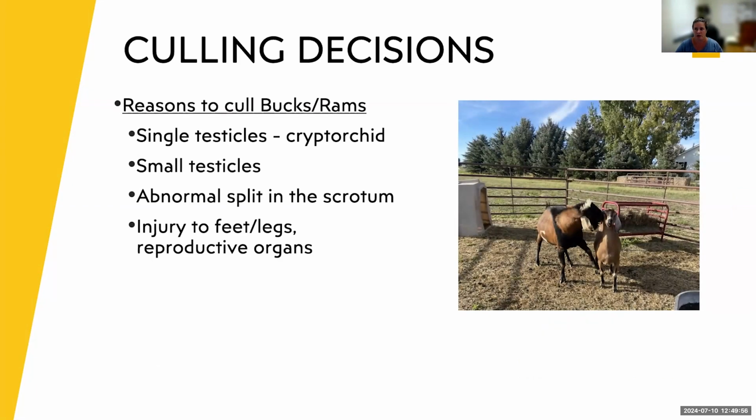So thinking of our males, which I've not focused too much on, because when you get to the point where you've already selected for what you want out of your sires, now you're just deciding, okay, when am I going to get rid of them? When am I going to replace them with a new buck or ram? Obviously, single testicles or cryptorchid, you would not use as a breeding animal, but I still wanted to put that in here. If something were to happen that damaged one of the testicles, you would need to